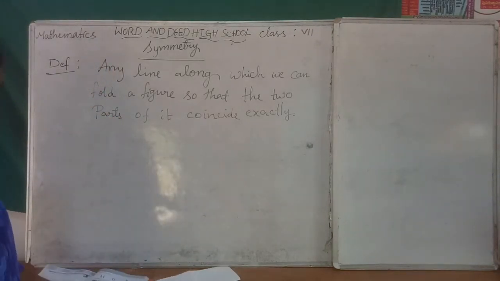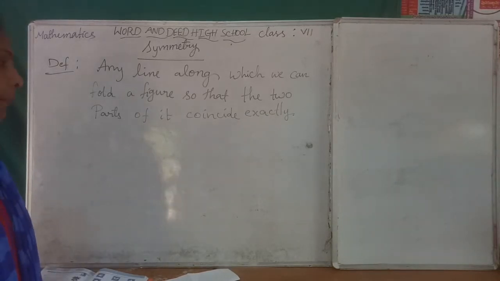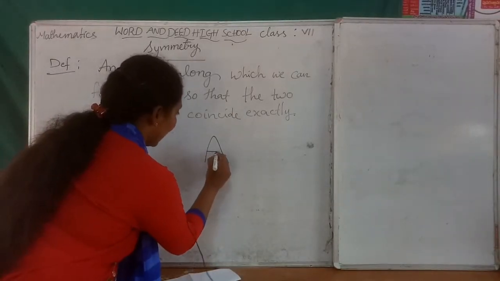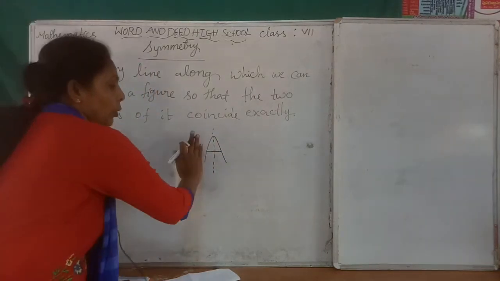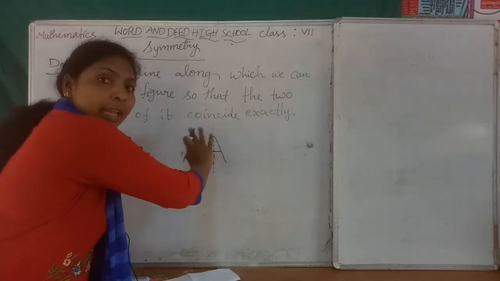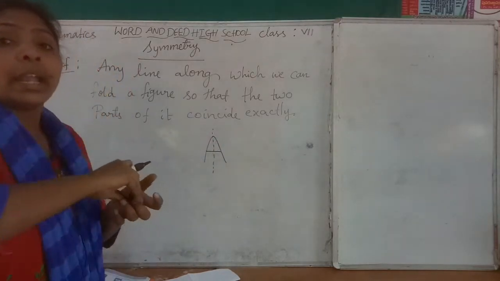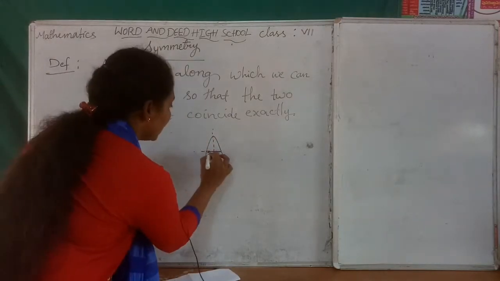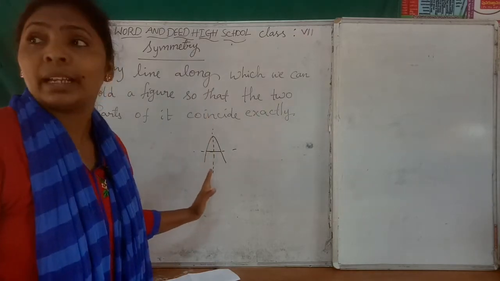Next we have multiple lines of symmetry, children. Multiple lines of symmetry. Suppose A. So how many symmetries in this picture? Just one only, children. Suppose this letter A we are folding like this, okay, so the two parts coincide with each other. Yes, already we discussed. So here one line of symmetry we have. Suppose like this also we are folding, is it a symmetrical picture, children? No. Okay, so it has one line of symmetry.